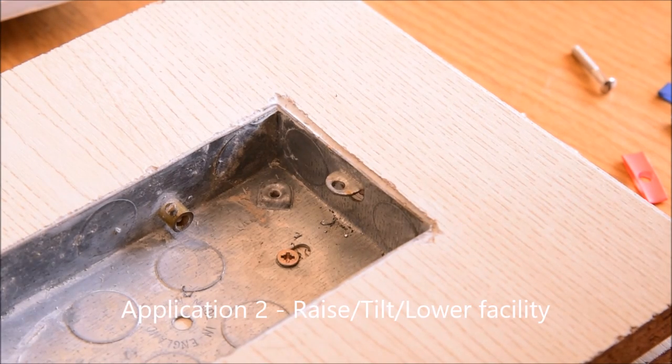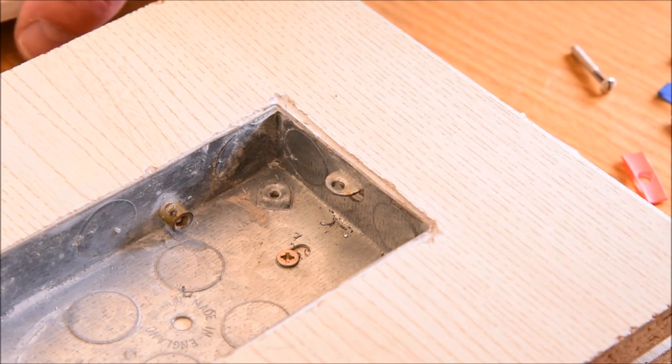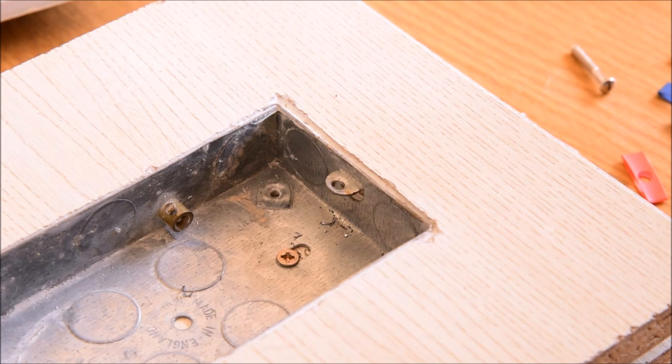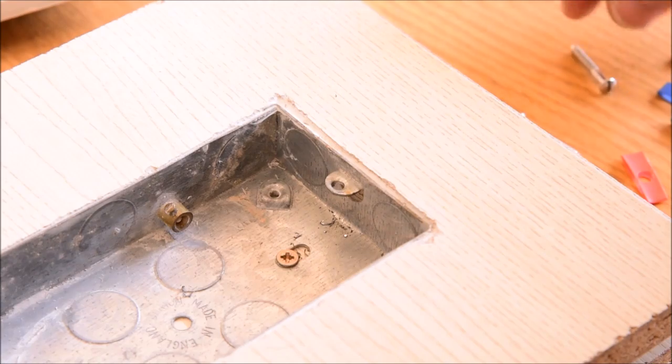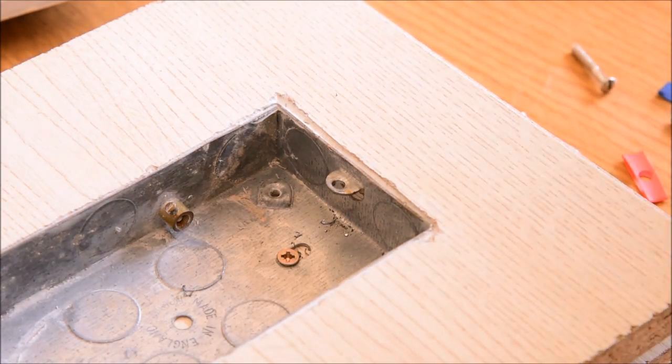Okay, what we're going to look at now is the secondary application of the Backbox Saver, and that's what we term the raise tilt lower feature. Everybody's had the situation where a socket isn't level on the wall, either because the box was installed incorrectly, or it moved slightly, or for whatever reason the switch is not level, maybe with one next to it, and it's annoying. So what we can do is drill out the lug in the back box slightly larger than what we would do for the normal BBS installation,